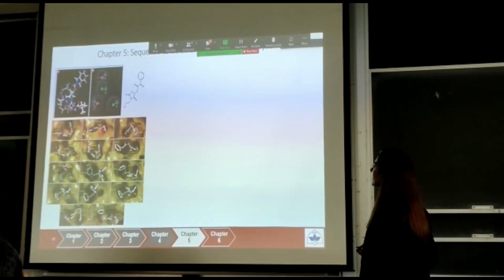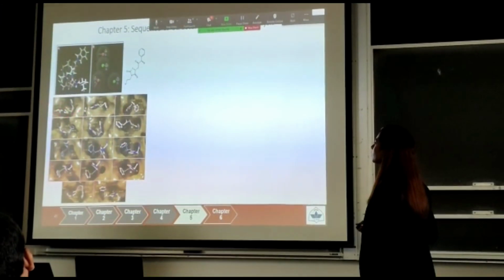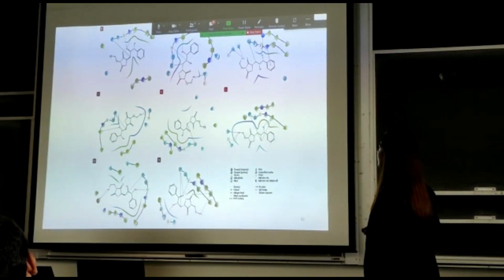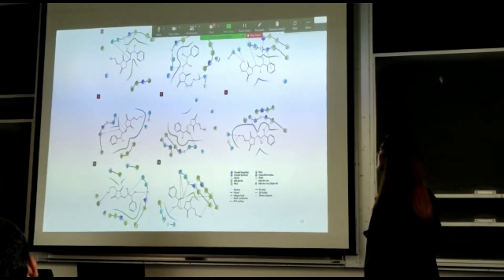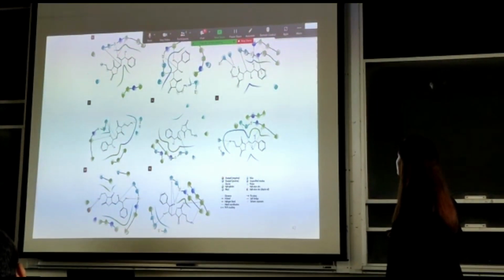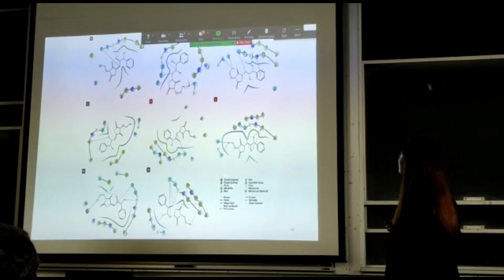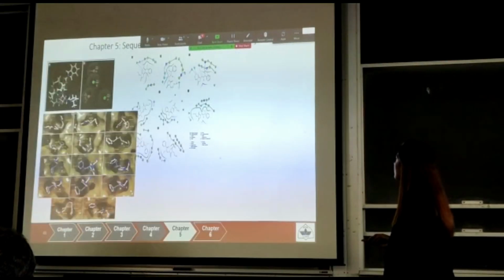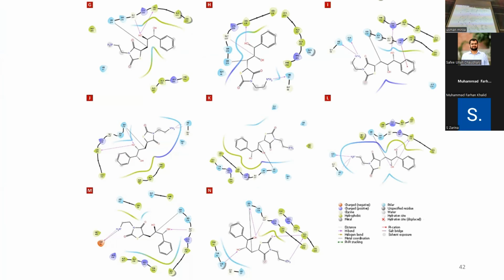This tells us about the ligand interacting within the ligand binding pocket of NS34A. And these diagrams here tell us about the ligand interaction within the binding pocket. These are the residues, and this indicates that the ligand is basically covalently bonding with the residues in the binding pocket of the